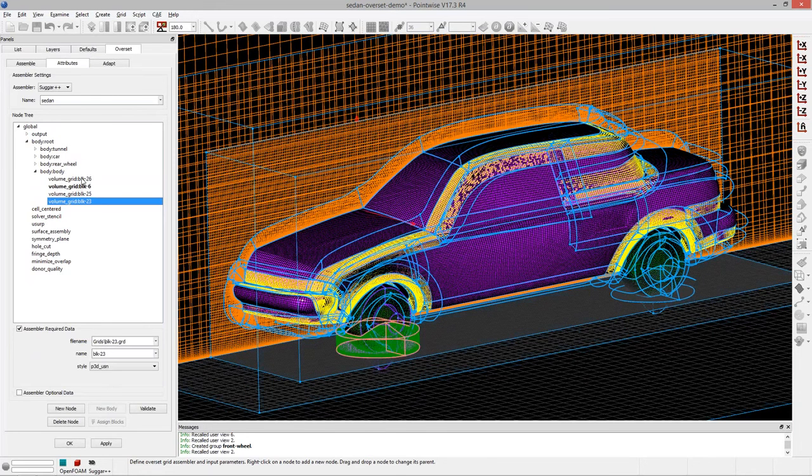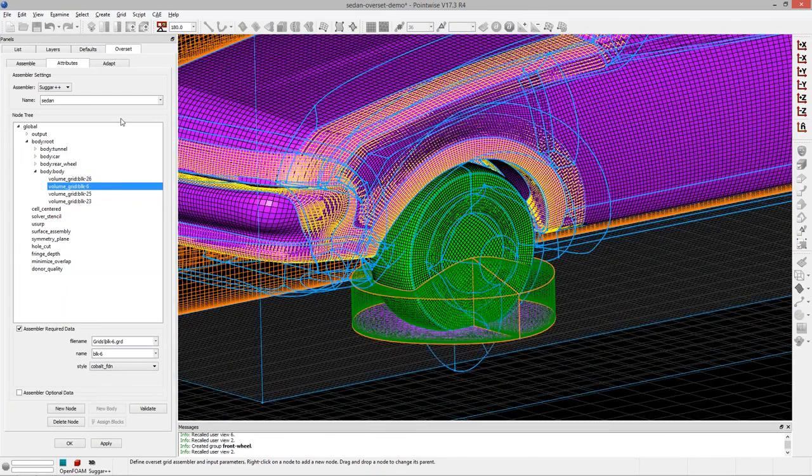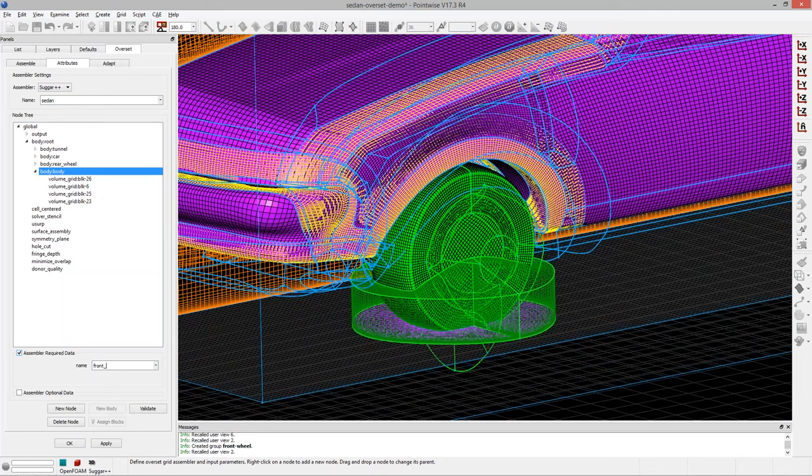All right. The next thing I need to do is change this from structured to unstructured. So we change the style to Cobalt for the blocks. Just really quick to go through there and change those to Cobalt. And the last thing I need to do is properly handle this collar block, right? Oh, and probably the other thing I should do is change this to front wheel. Give it a name. All right, so we've got the body front wheel with its blocks.